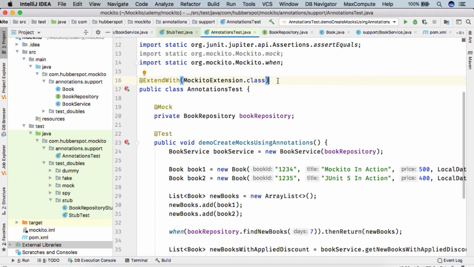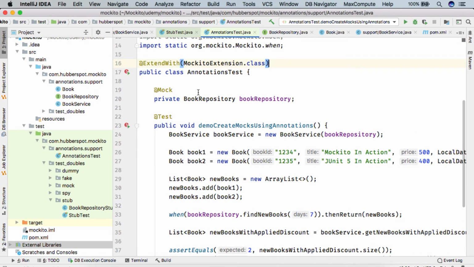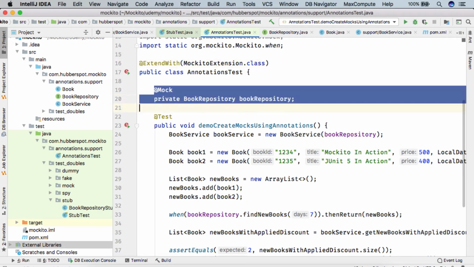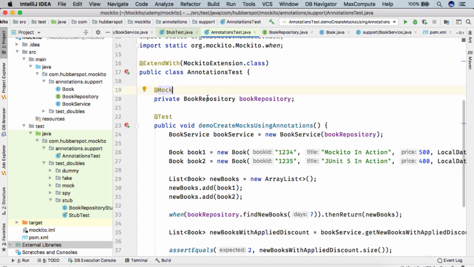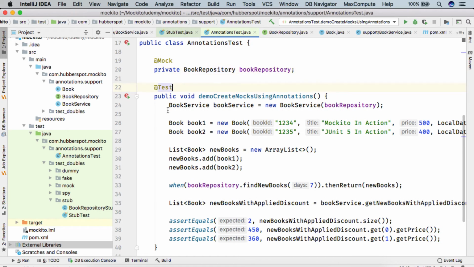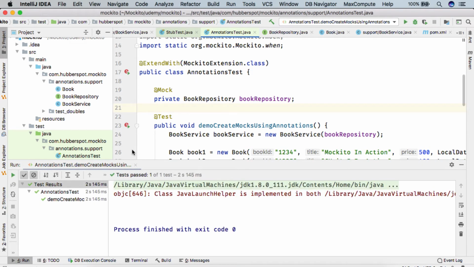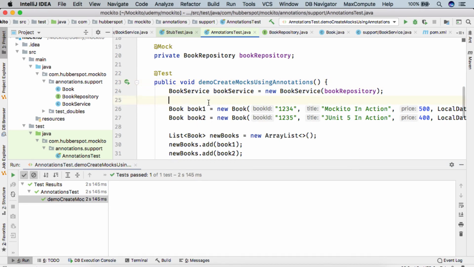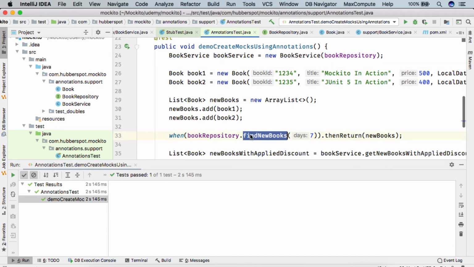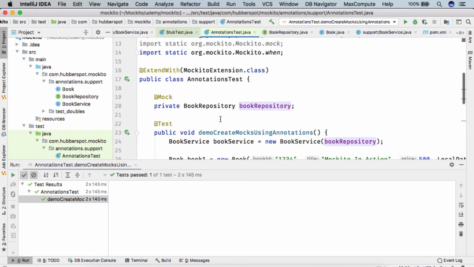So when we use this Mockito extension, what Mockito does is, it basically sees that there is an annotation @Mock. So Mockito can come to know that we need to mock this book repository. So friends, now if I run the test case, here you can see now the test case got executed successfully, and we didn't get the null pointer exception here, because this book repository now was mocked properly, because we used @ExtendWith and we registered MockitoExtension.class to it.